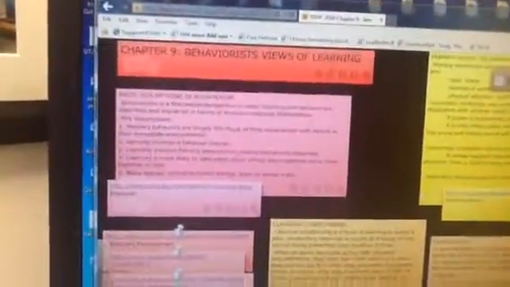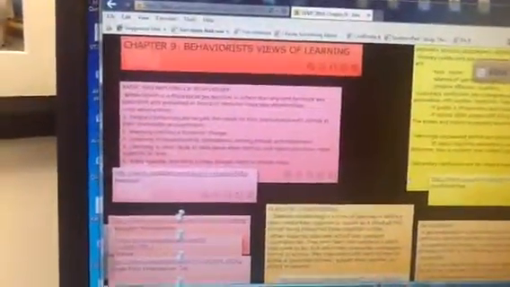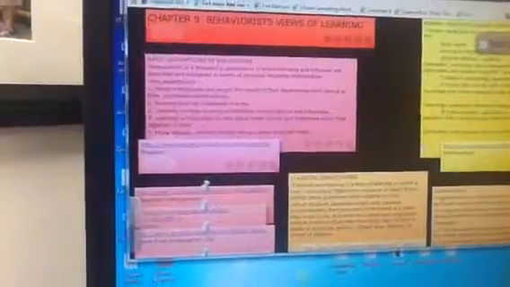All right, we are starting with Chapter 9, and the first part of it talks about basic assumptions of behaviorism. I guess we need to begin right off the bat with the definition. Behaviorism focuses on how people's immediate environments bring about changes in their behavior, and your parents used behaviorism, I'm sure, as they were raising you and molding your behavior into what they wanted it to be.